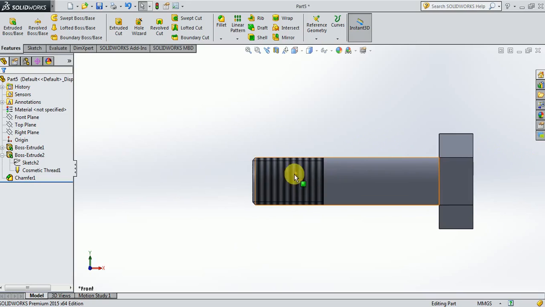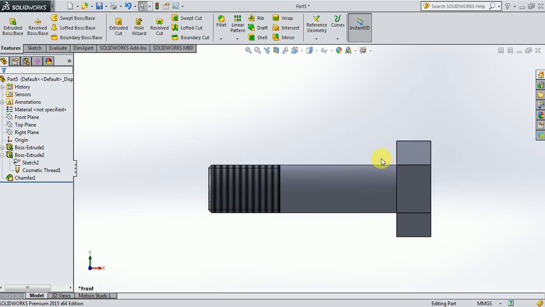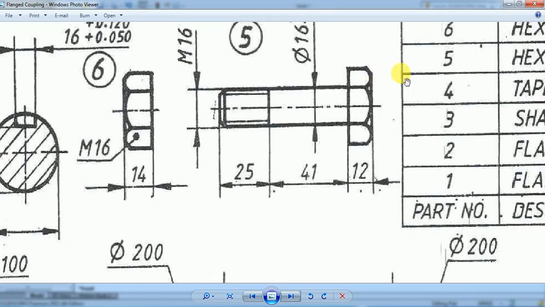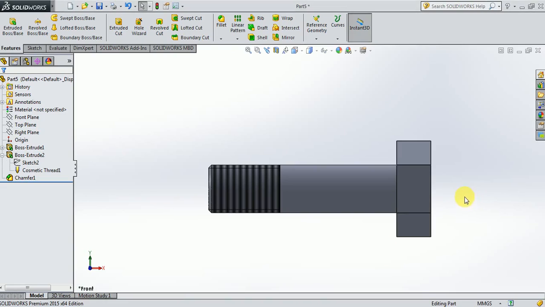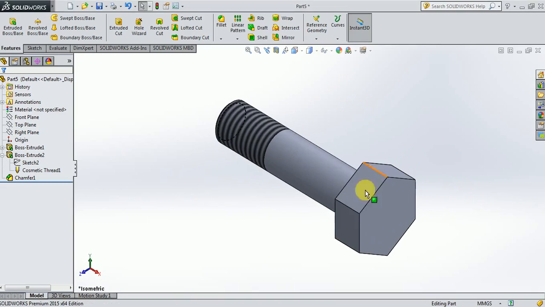Okay, and the thread has been placed. But the only thing that we are missing now is which one? We are missing this chamfer on the top face of the hexagon head. So this chamfer has to be made, but this is a little bit tricky. If you have time, you can go for doing that chamfering. Otherwise you ignore that chamfering, and you can directly use this itself as the bolt in the examination,